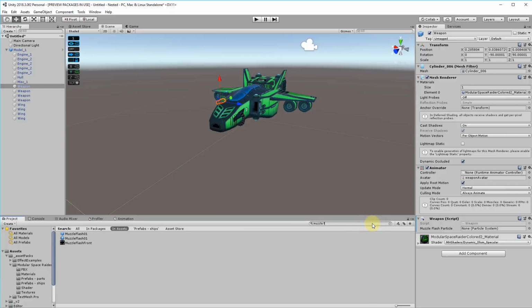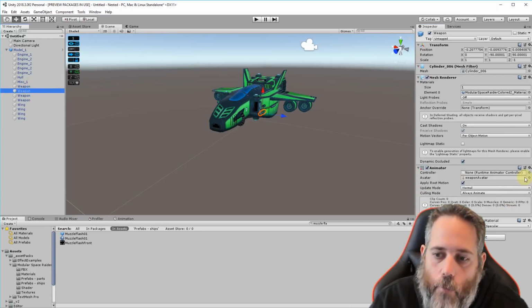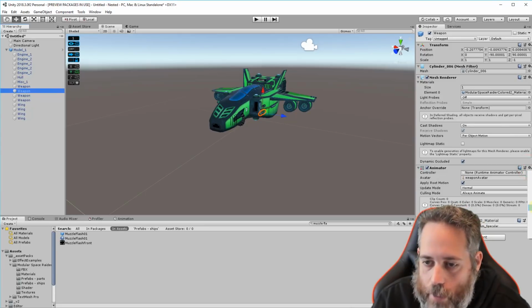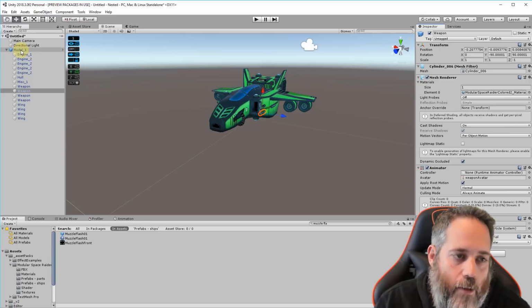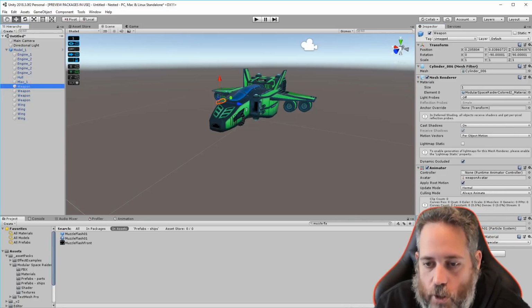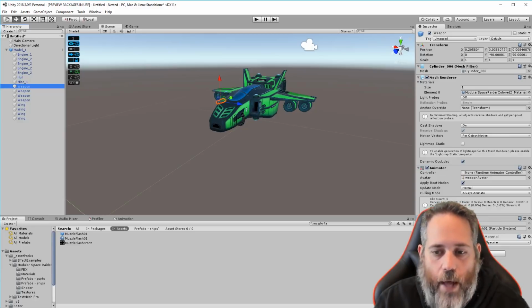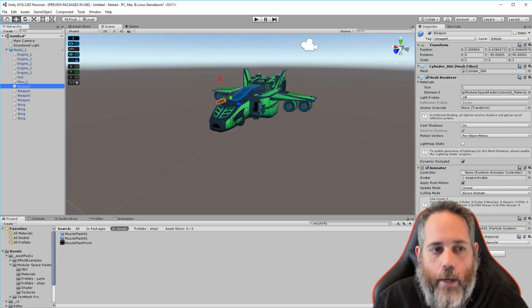Muzzle flash. So we drop on our muzzle flash particle, and maybe we've got this on all of these other game objects. So we copy it, and we've pasted it onto all of these, and we want to change it, right? So we drop this on here, and then later on we're going, hey, we need to change the particle. We'd have to go back through every single spaceship that's using these weapons and go through and change this weapon particle flash reference right here. And that's kind of a pain, not really worth the time,